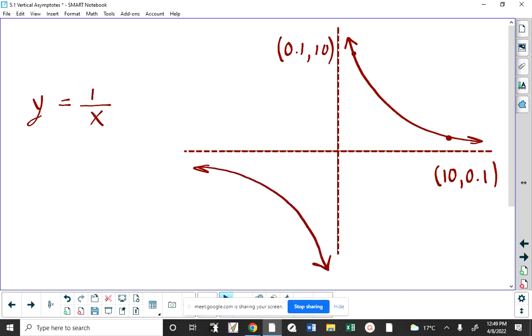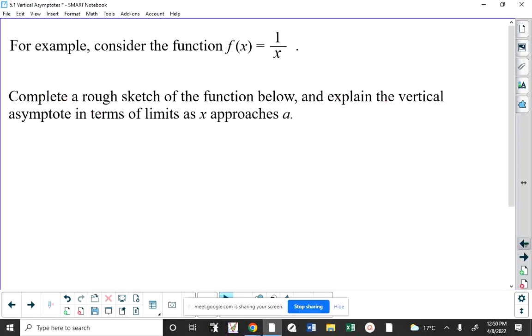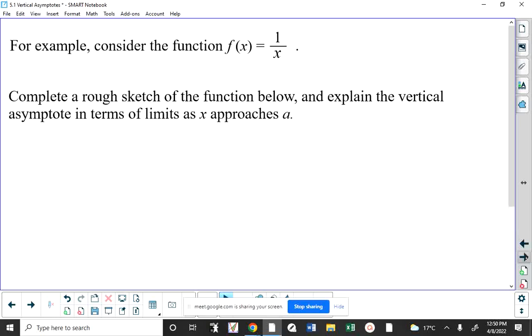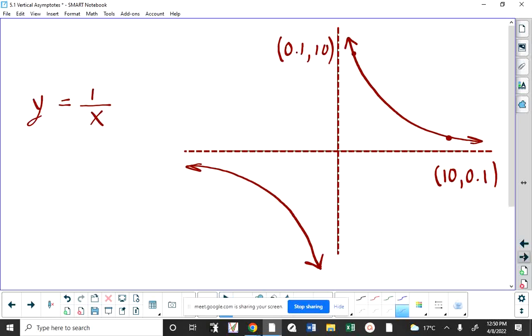All right, sorry about that. So it turns out that 1 over x happens to be called a hyperbola, and it has two branches or pieces to it. And the exact nature of this graph is not what's important. What's important is the description here that I said for a vertical asymptote. That there's a vertical asymptote at a particular value of x if, as you approach that value of x, y approaches infinity. And what that means over here, since we have a vertical asymptote,